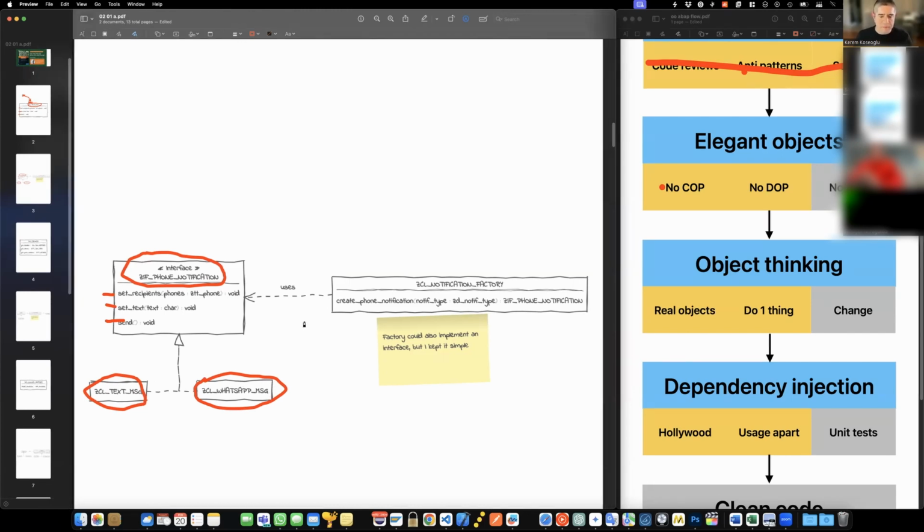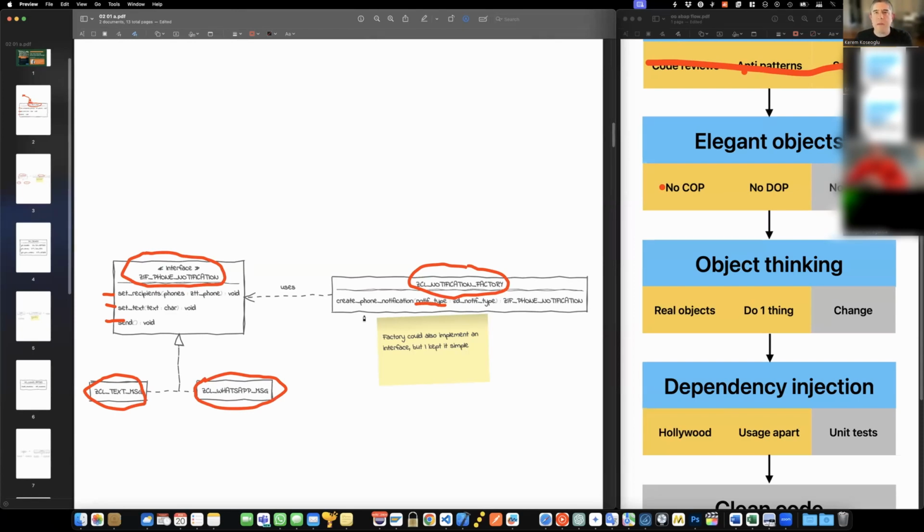Then I open another class called Notification Factory. So whenever a program wants to send a text message to a phone, they first pass a notification type. Let's assume, through a domain or whatever you want, A means text message and B means WhatsApp message.